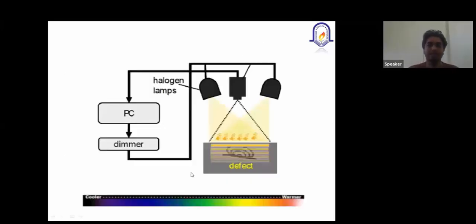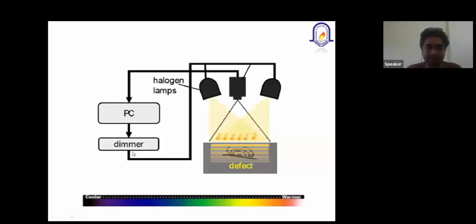Okay. To understand this, let's get into this example. This is one object. This object has some defect. Now we have placed two halogen lights. What is the purpose of these two halogen lights? To give energy to this particular surface, to heat up this object. Now, after heating up this object, what will happen? The radiations are getting out of this object. This radiation is nothing but thermal radiation, so IR radiation. Now, after getting the IR radiation, this IR camera, this is the infrared thermal camera, directly gets the radiation and is going to make thermograms in this PC.